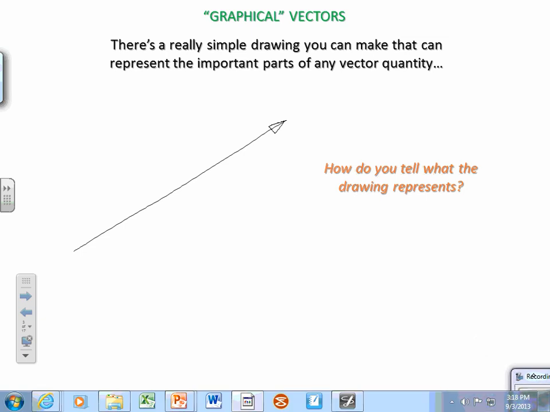Notice, it has a magnitude, it has a size, right? Well, the length of this thing, the length of it, that little symbol, which is an alpha, means proportional to